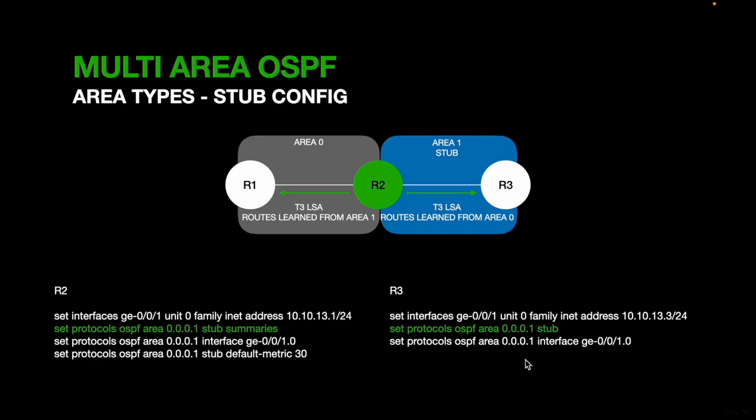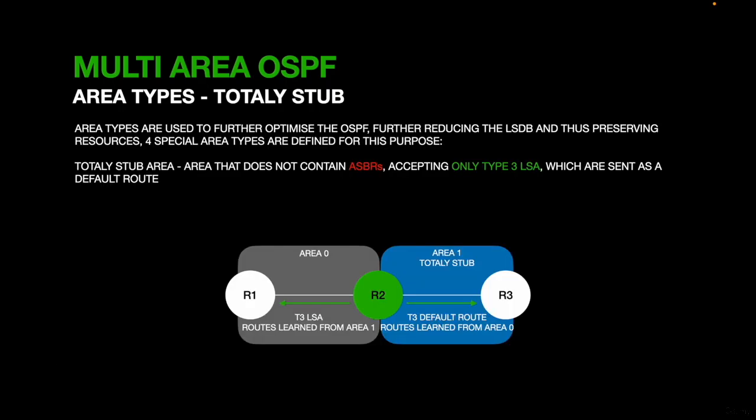participating in OSPF. We can also have the totally stub area. A totally stub area is an area that does not contain ASBRs, and it is accepting only type 3 LSAs, which are sent as a default route, which means that R2 will not send any route learned from other areas, but instead it will send a default route. So all the traffic which will originate from R3, let's say, will have a default route that will point to